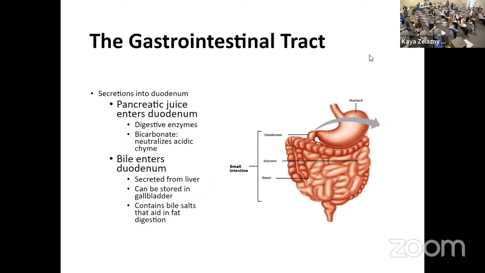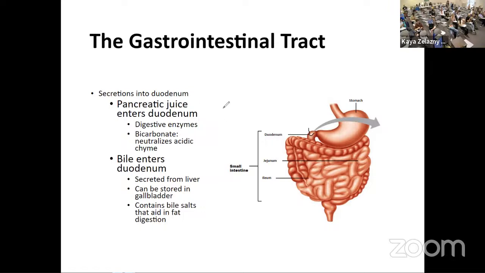Right. So we had our bolus of food, we chewed in our mouth, swallowed through our esophagus, passed through our lower esophageal sphincter into the stomach, mixed it up with our gastric juices. So now we're calling it chyme, squeezed through the pyloric sphincter into the duodenum. Okay. And now we're also going to have other secretions into the duodenum, in addition to the fact that we know that the tissue in the walls of the small intestine in general has these crypts of Lieberkühn secreting those fluids with our bicarbonate